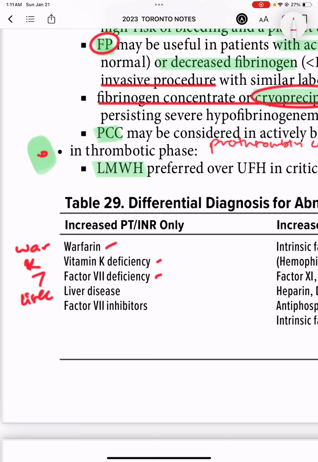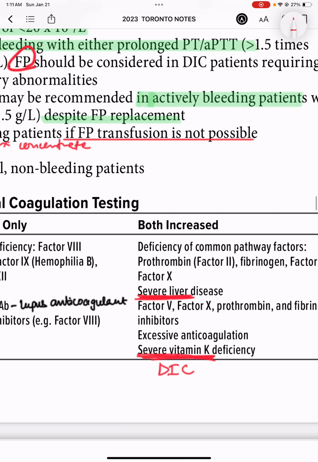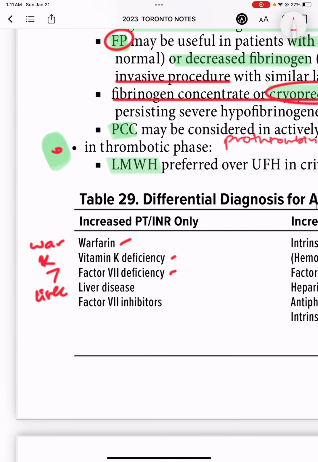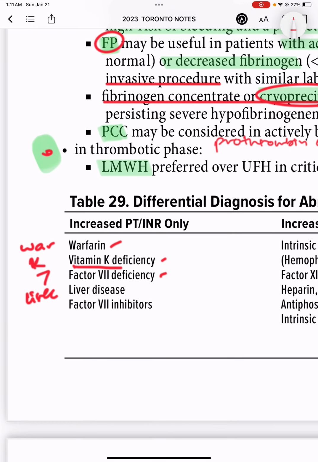So that would be increased PT or INR only, and liver disease would be present in both. So if there is severe liver disease or severe vitamin K deficiency, so vitamin K deficiency from here and the liver disease from here, if it gets severe, then it would have prolonged both of the